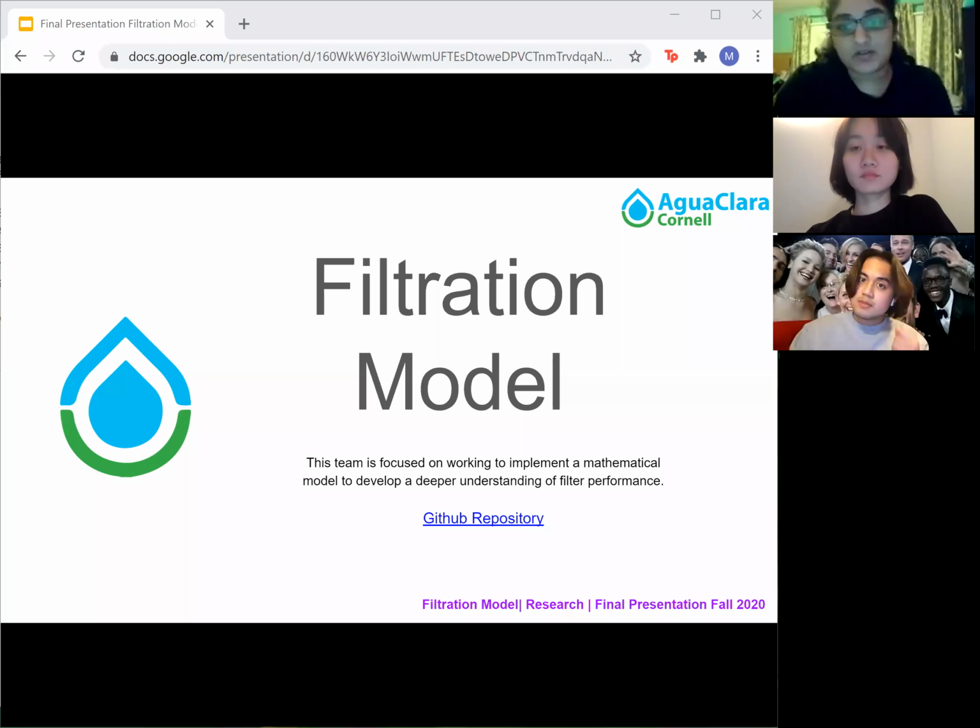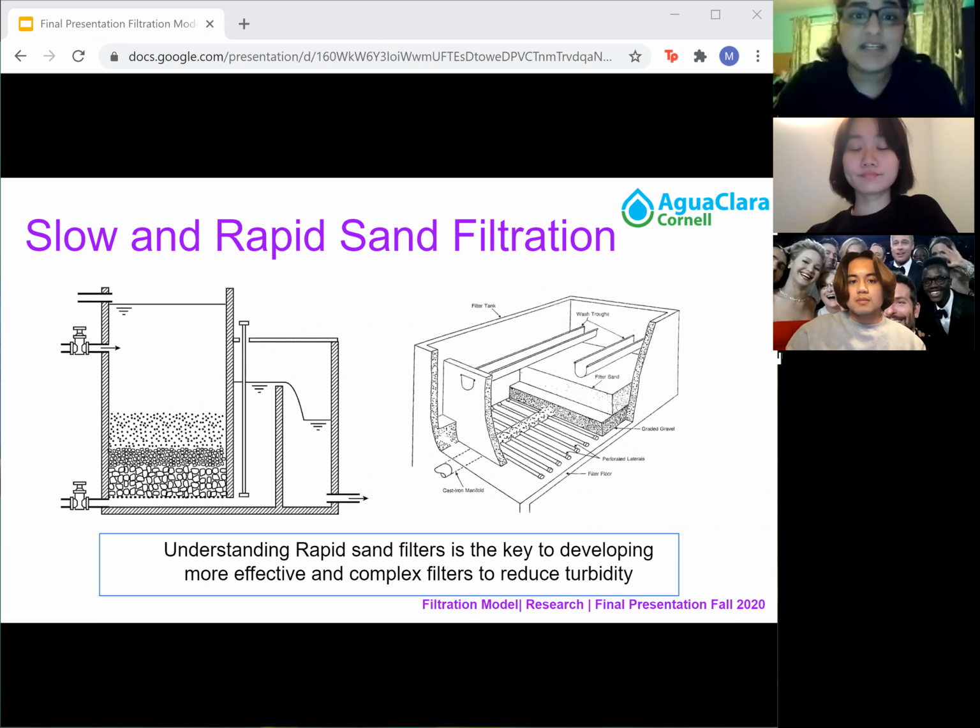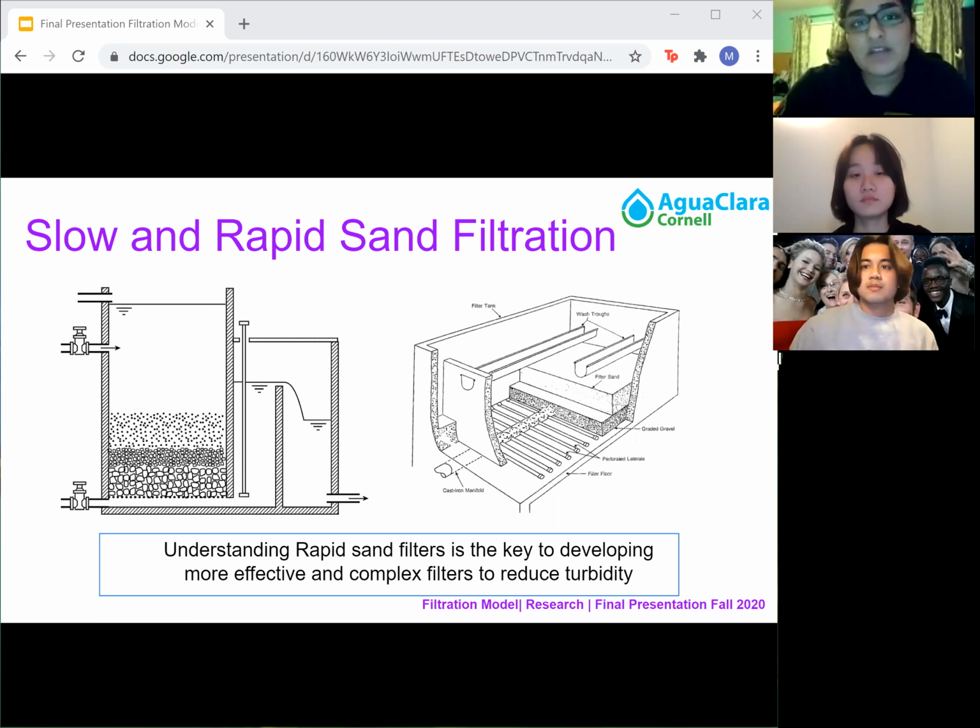So we're building a filtration model. In order to begin designing our mathematical model, we decided to learn more about filters in general, specifically the fundamental filters: the slow sand filter and the rapid sand filter. The slow sand filter operates by using a biological film that grows naturally on the surface of the sand. As the water passes through the biological film, the impurities or particles within the water are absorbed into the